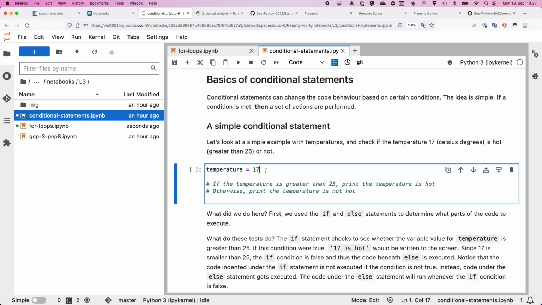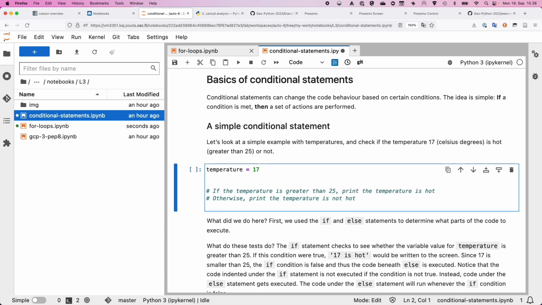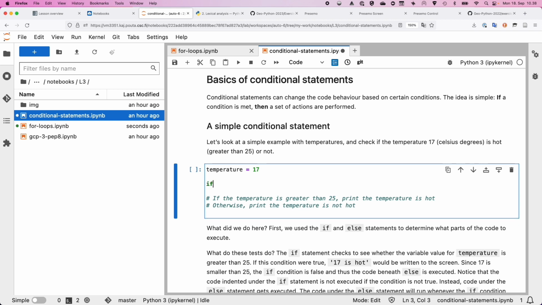A simple conditional statement goes like this. Now we have the temperature as a variable, 17. We want to write a very simple code testing whether the weather is hot or cold based on this temperature. So it goes like this. Temperature is 17. Then if temperature is